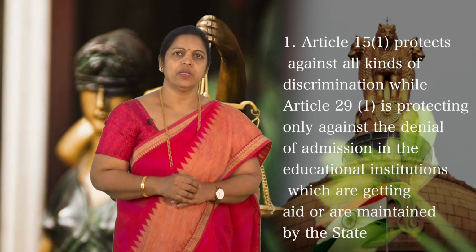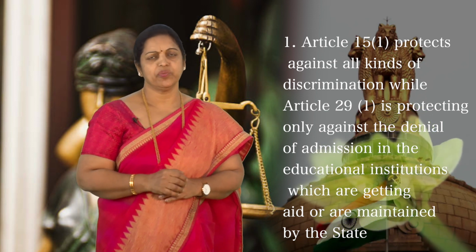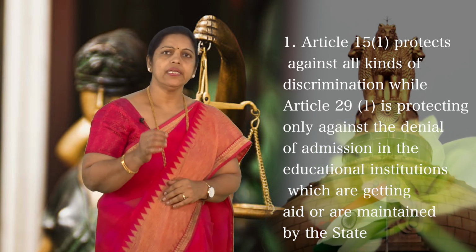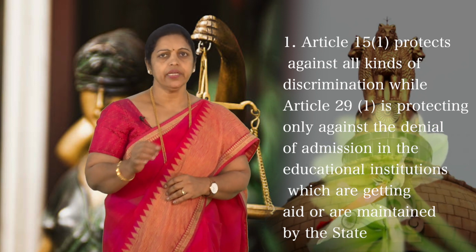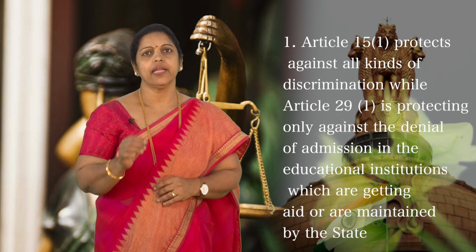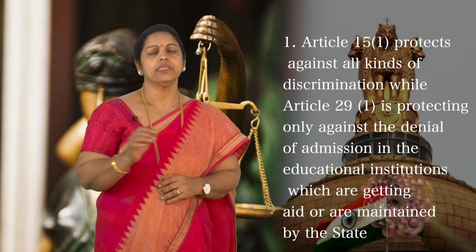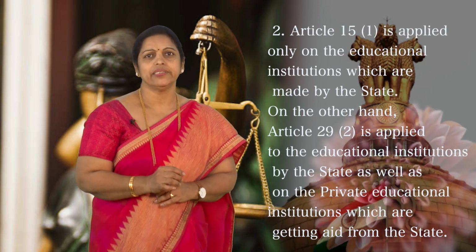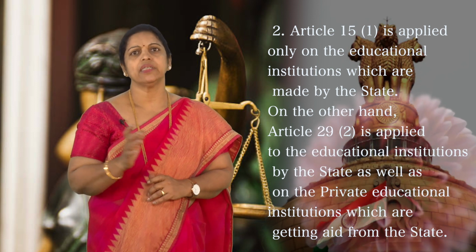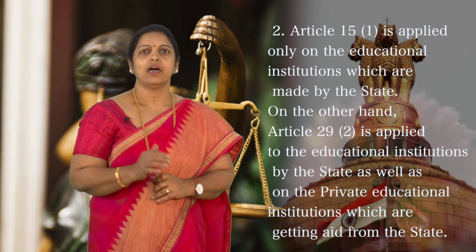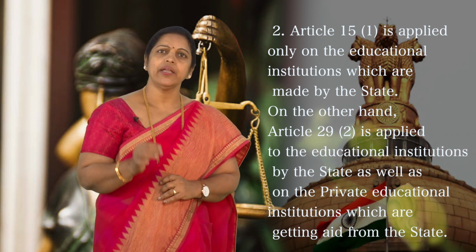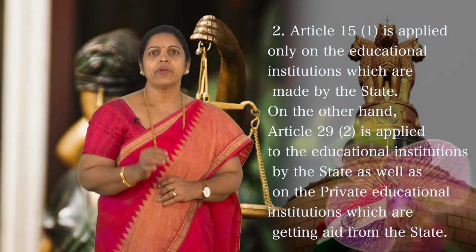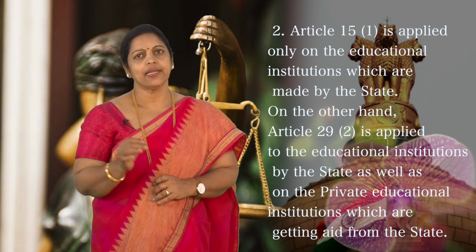Article 15 Clause 1 protects against all kinds of discrimination, while Article 29 Clause 1 is protecting only against the denial of admission in the educational institutions which are getting aid or maintained by the state. Article 15 Clause 1 is applied only on the educational institutions which are made by the state. On the other hand, Article 29 Clause 2 is applied to the educational institutions by the state as well as on the private educational institutions which are getting aid from the